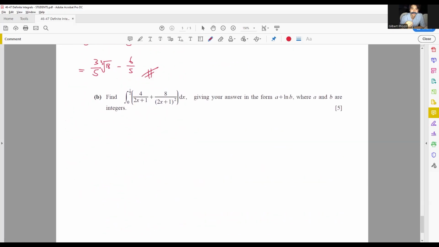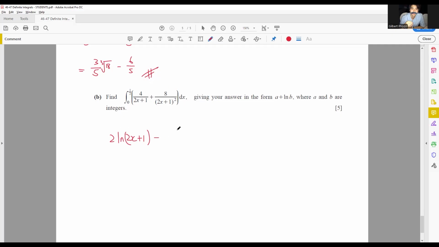Then last part, find the integration of this whole thing, giving answers in the form of a plus ln b, where a and b are integers. Now, this question, they do ask for a specific format they want the final answer to be. So then we have to try to follow this. Okay, starting off with integrating this, you would have gotten, once again, ln of 2x plus 1, right? But when you differentiate this, you will get a 2 on top. So having a 2 to turn it into a 4, you have to multiply it with 2 again,